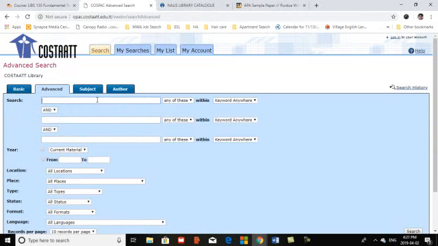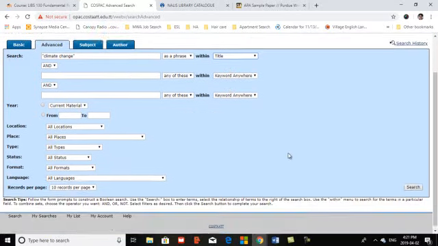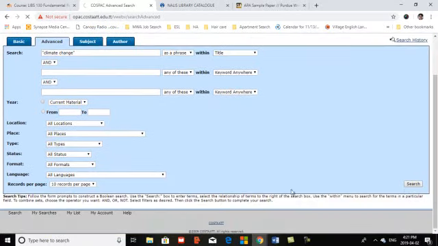So I am going to try climate change again as a phrase search. And okay, so it's already as a phrase. Yes, I want to keep it as a phrase. So these are my limiters. And I want it specifically in the title. So I'm looking for the keyword or key phrase, climate change, as a phrase within the title of the book. I go down to the right, I hit search,